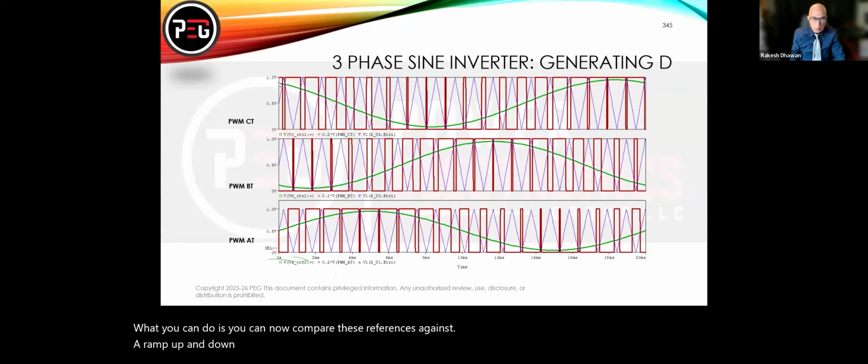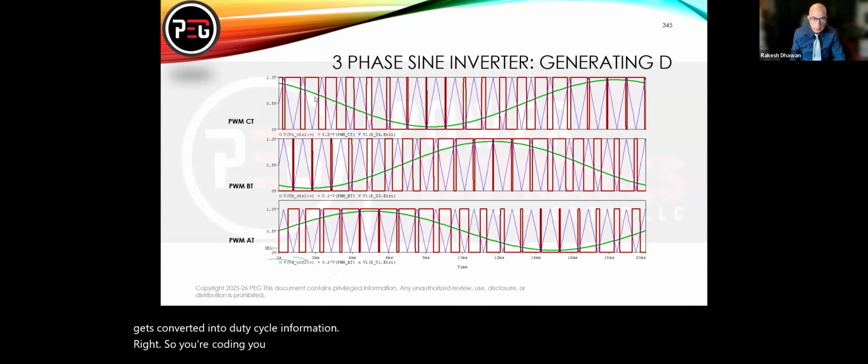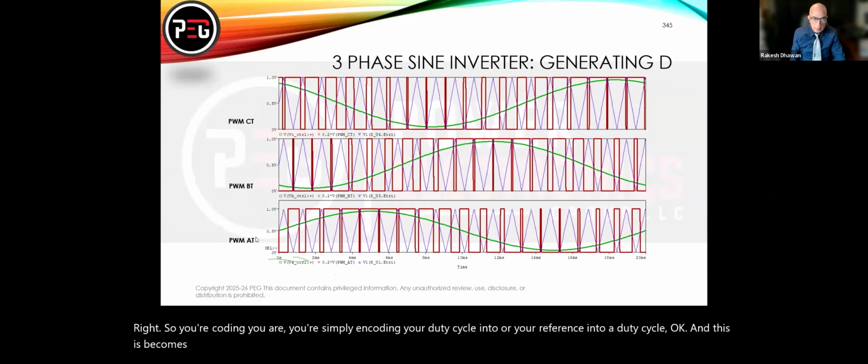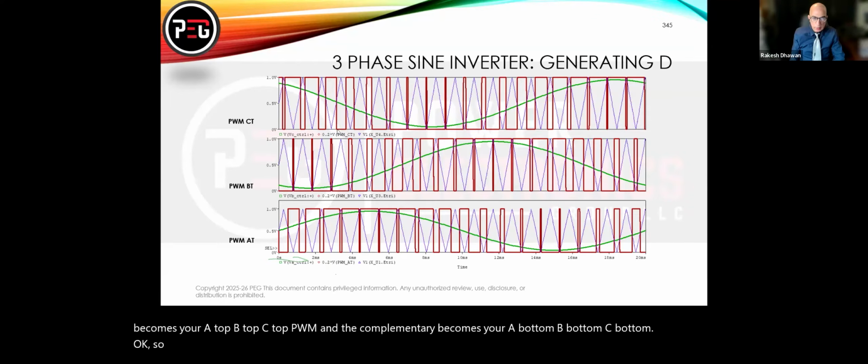Okay. So when you compare these references against the up-down reference, the up-down ramp, that gets converted into duty cycle information, right? So you're simply encoding your reference into a duty cycle. And this becomes your A top, B top, C top PWMs, and the complementary becomes your A bottom, B bottom, C bottom. Okay, so that's how you generate your duty cycles